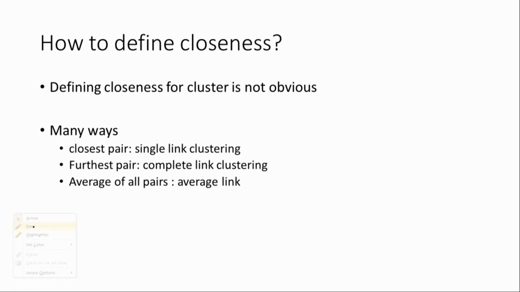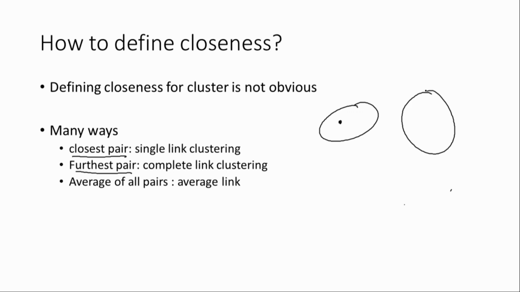As we said, this is again a recursion. In general we are now defining the distance between two clusters. One of the clusters could be containing 1 point, and another cluster is potentially containing more than 1 point. How do I define the distance between them? One of them is what is called the closest pair,